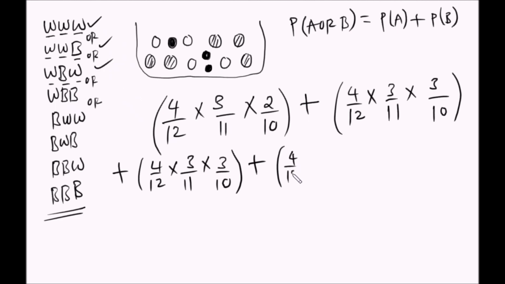White for the first time. So there are 3 black balls. So you remove 1 black ball, remain with 2 black balls. So hapa ni 10. So 12, 11, 10. Okay, and then